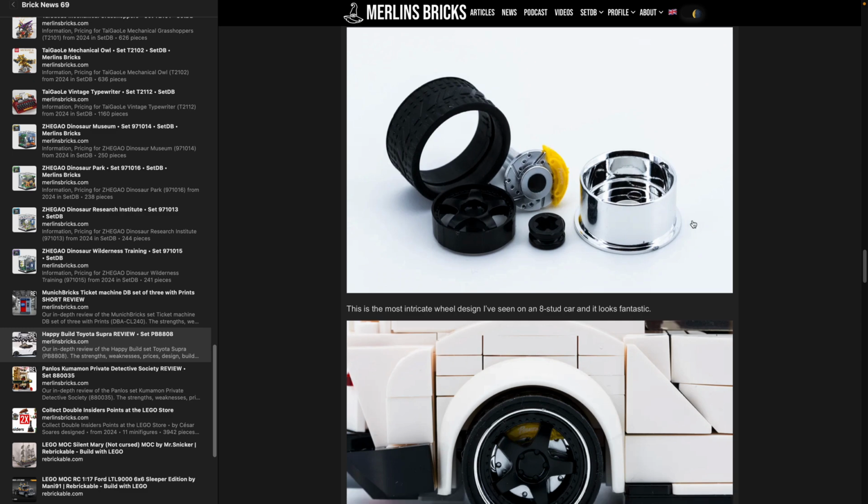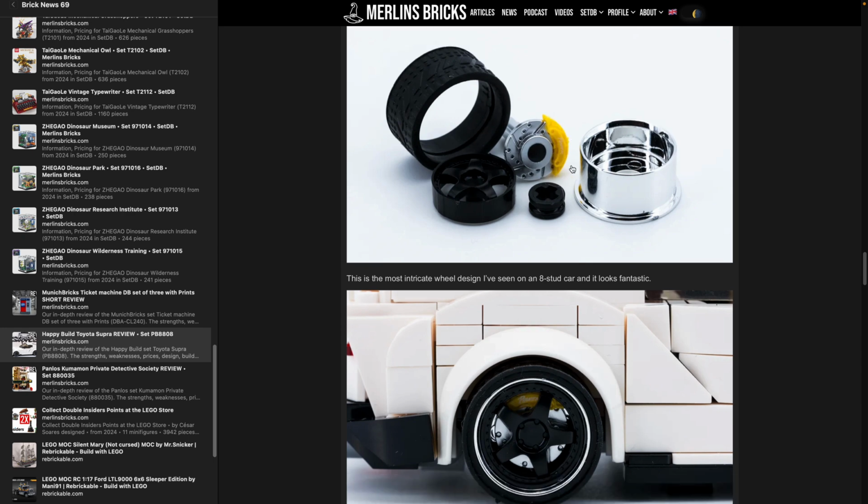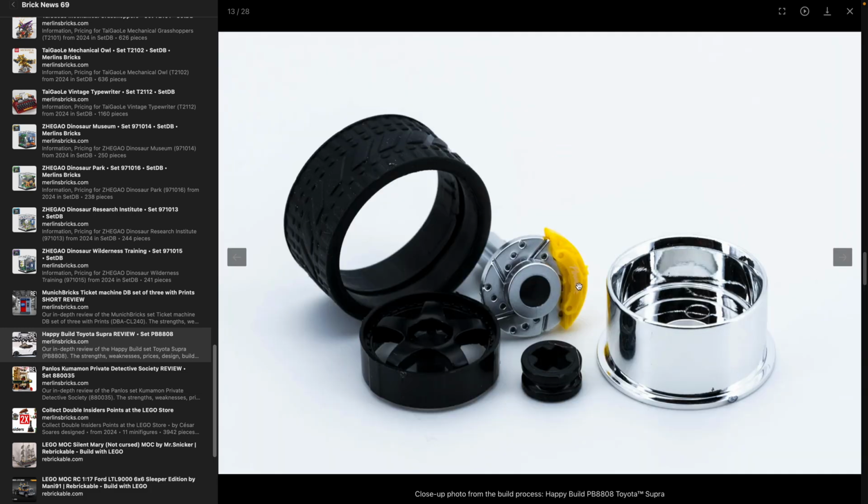It basically means that the rim is turning around the brakes, which of course technically is not 100% authentic, right? Because the brake is not turning, but the saddle is also not turning, which of course is amazing. I mean, this is how it should be. How realistic is that? And the saddle piece, as you can see here, maybe it's very hard to see actually on these pics, even with my macro,